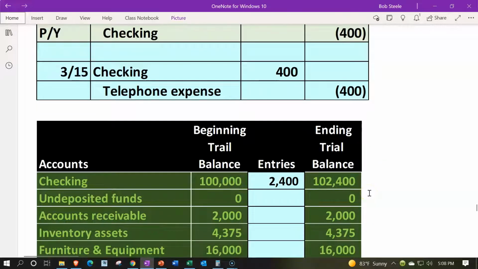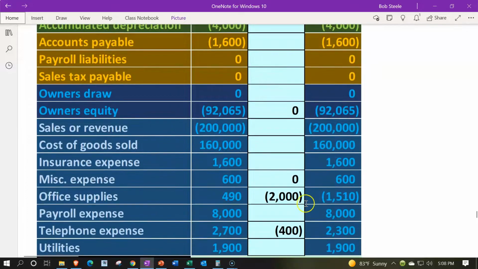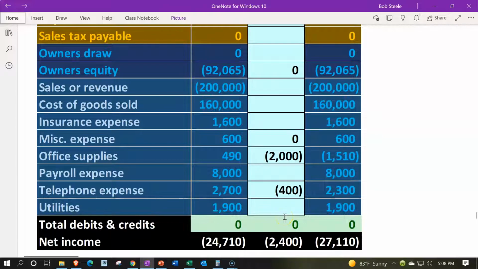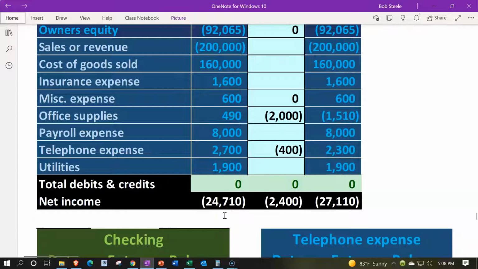So now as of the current time period, this would be going to the checking account, increasing, included in the checking account here, and then finally we can actually hit the telephone expense in the current time period down here, the 2,700 going down by the 400 to the 2,300, the impact on net income to the current time period then being the 24,710, and then that is going to be included in this 2,400, which is actually increasing the income, which is weird for an expense, but that's because we're reversing the kind of voided check in the prior year